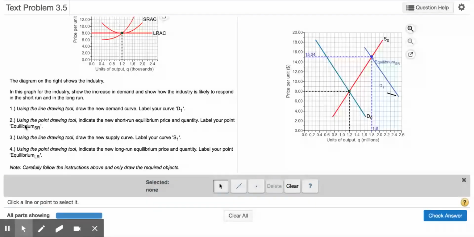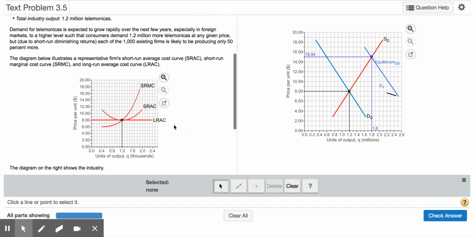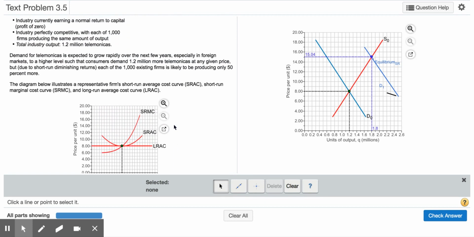Okay, so we answered 1 and 2. Number 3, using the drawing tool, draw the new supply curve. So again, for the supply curve, we will need 2 points. So the data we have in here,